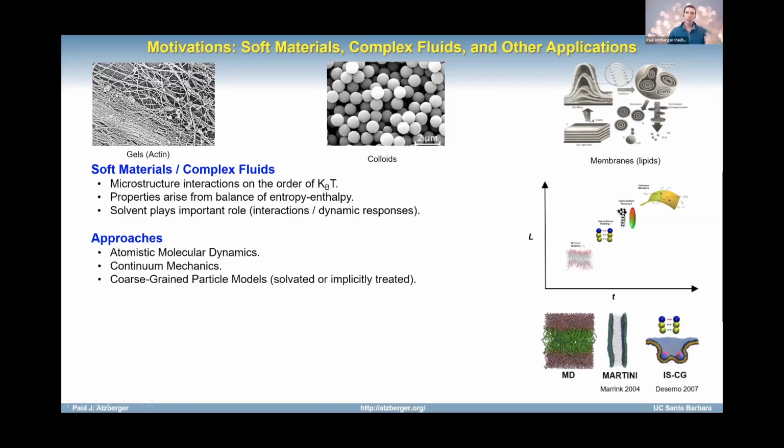And so one of our goals has been to say, okay, if you do this implicit solvated coarse-grained model, you may have captured the role of the solvent in the microstructure interactions, but you don't have it in the dynamics or kinetics. So can we reintroduce that by building a hybrid model that has particle degrees of freedom for the microstructure mechanics, but then has a continuum theory that accounts for the contributions of the solvent mechanics, namely at the level of hydrodynamic equations?